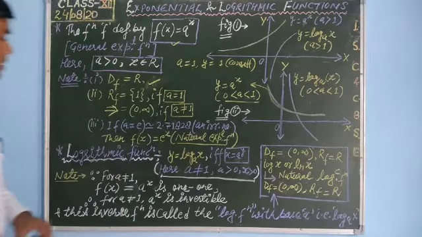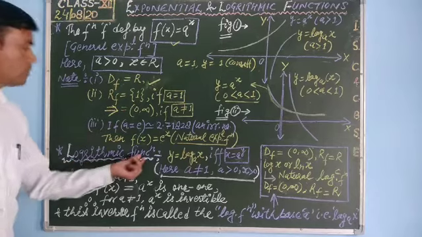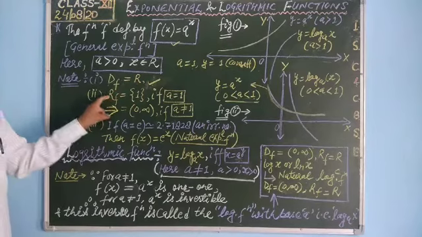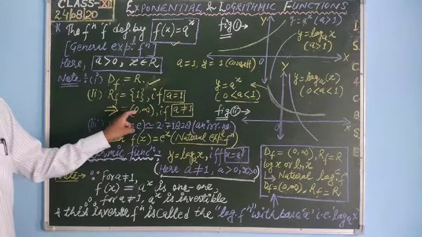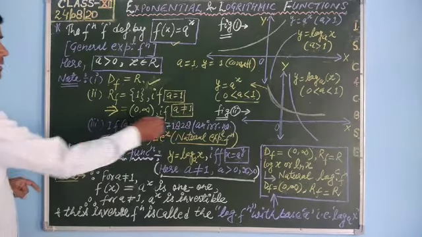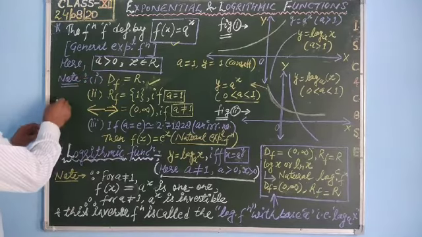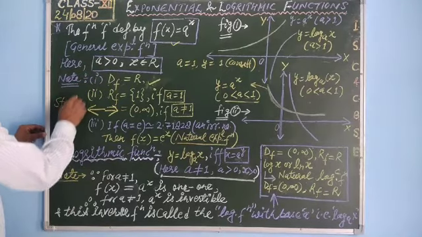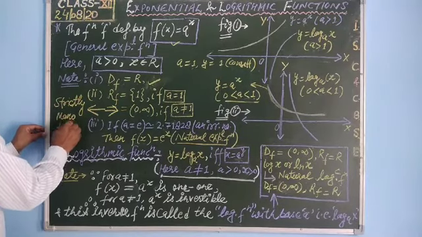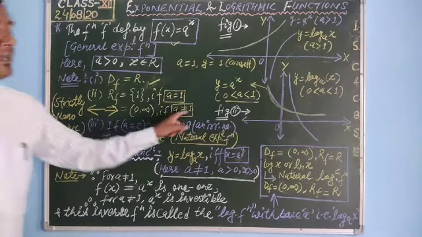Okay, now come to the second one. See students, before going through the logarithmic function, you better know that the domain of the exponential function is always the real numbers, and the range is 1 when a is equal to 1, and the range is 0 to infinity when a is not equal to 1. And for the condition when a is not equal to 1, the graph of the exponential function is strictly monotonic, meaning strictly decreasing or increasing for a not equal to 1.